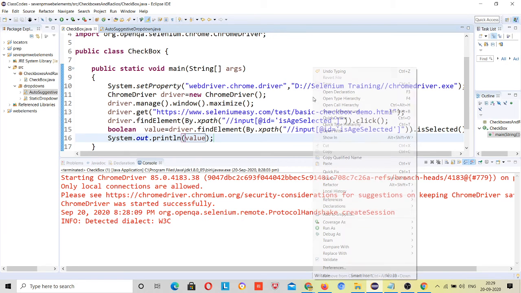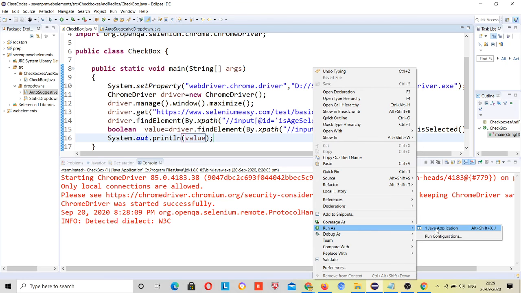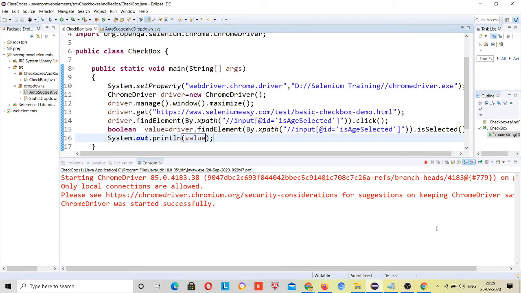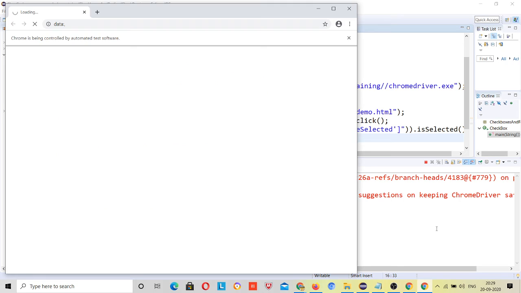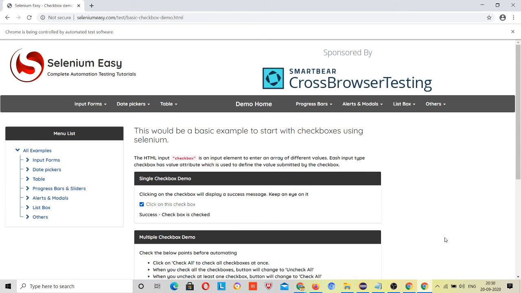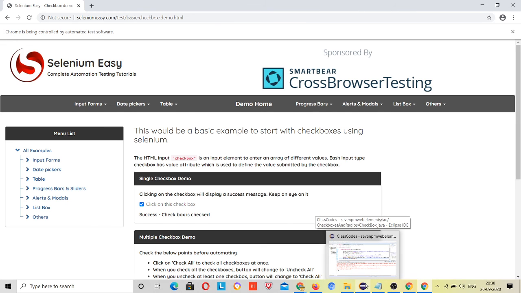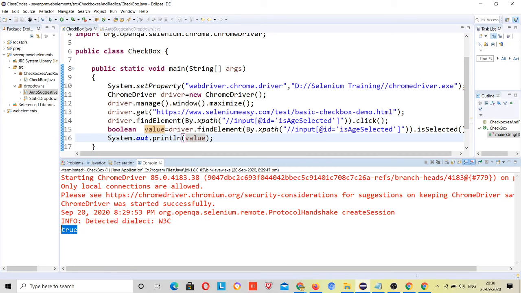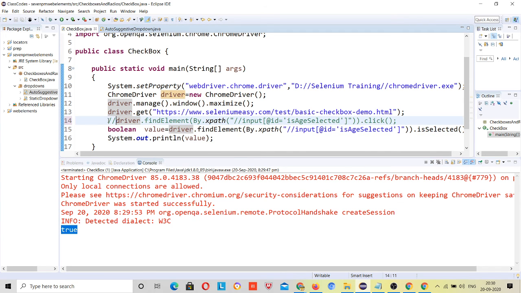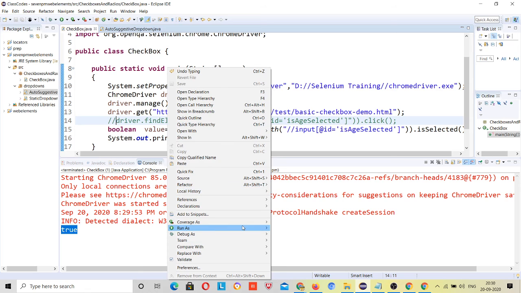If I run this, it should return true because it will tick on that. Right? True. If I comment this line, if I do not click this, then it will not be selected, then it should return me false, right?